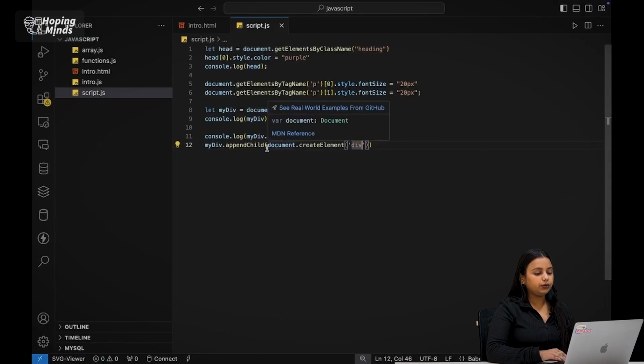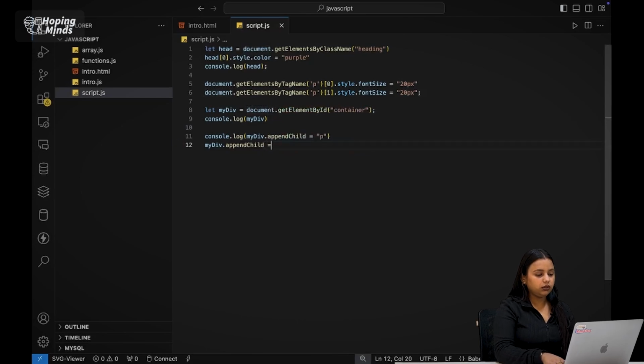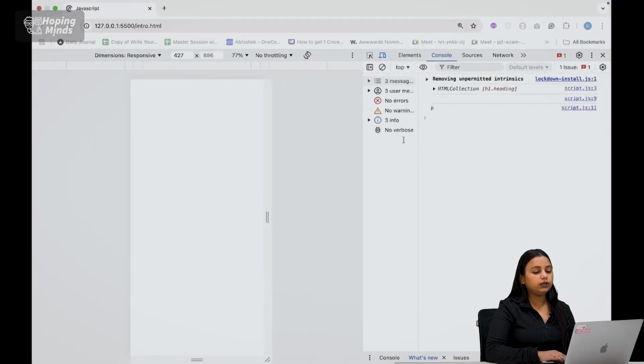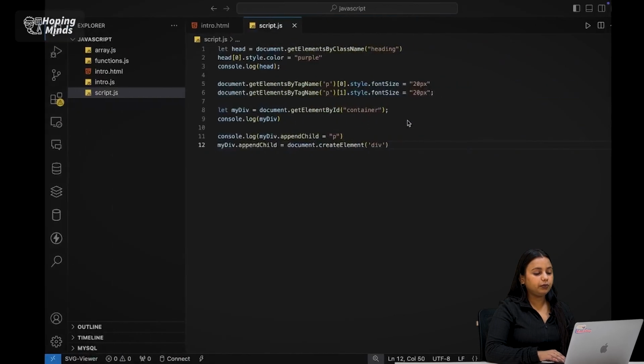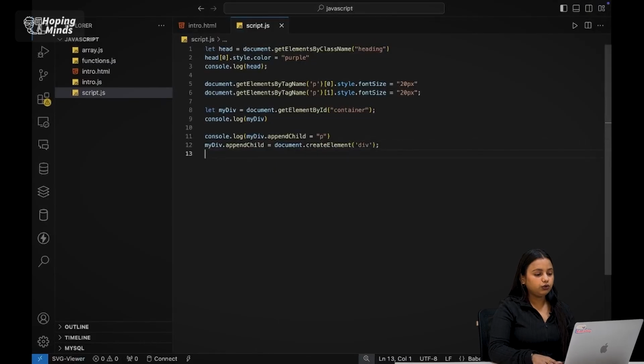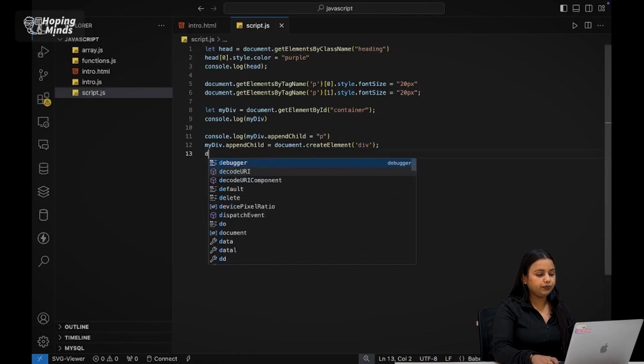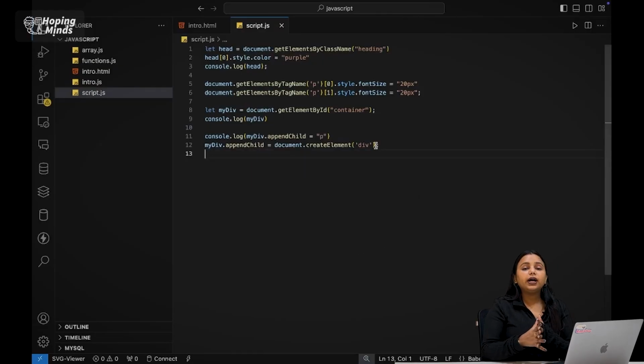So what we can do is appendChild equals document.createElement div. And now let's go to this. This div might be created. Okay, so to this div, I want to select this div. I want to add a class name to the div. Okay, so yeah, that was all about class name and paragraph. So thank you so much everyone. Let's see you in the